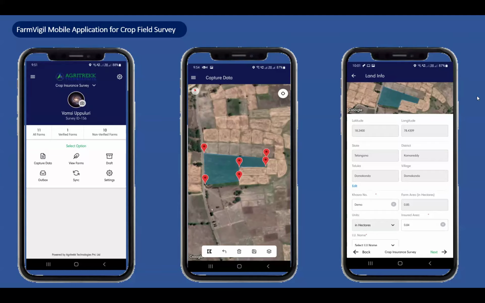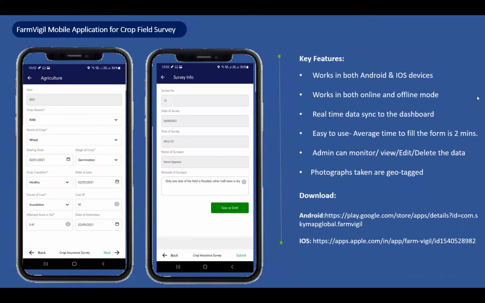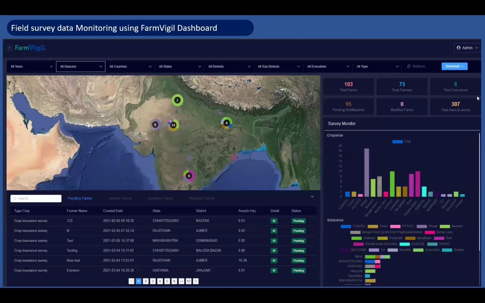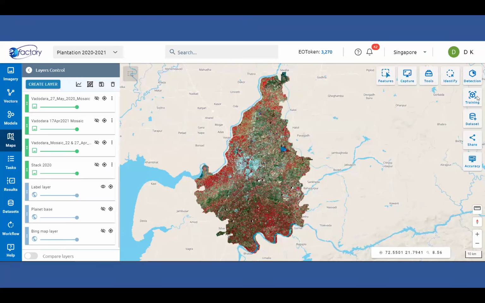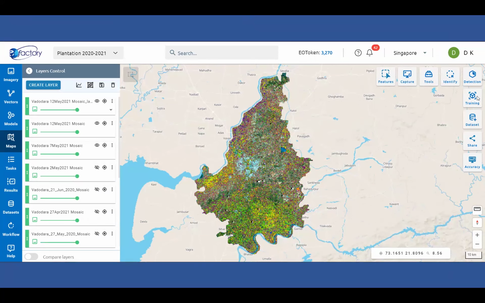They take the mobile application and draw the boundary, because if a farmer says I have 5 acres of land, but has sown only 2 acres of paddy, only 2 acres will be counted, not the entire 5 acres which he owns. Then all the data will be fed in. This data will come into the dashboard, and using those points we will take satellite imagery. This is the satellite imagery, and then we will perform the crop mapping.